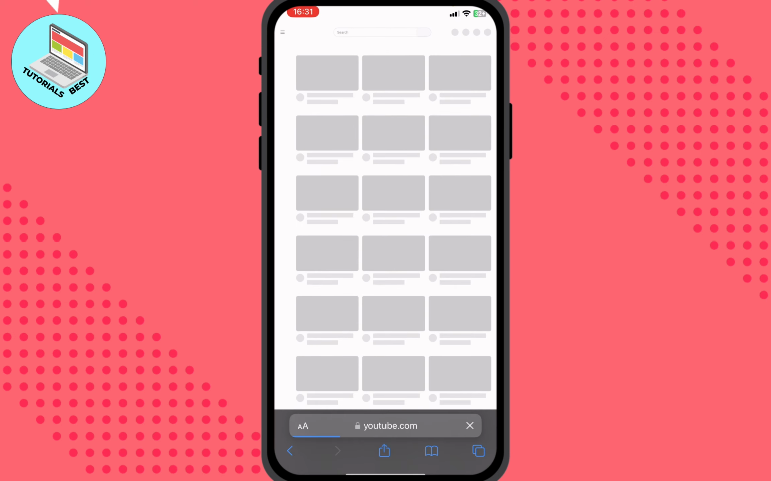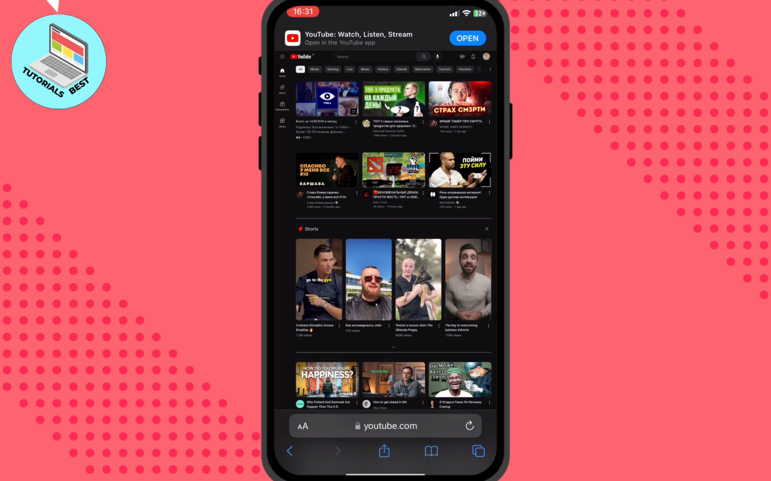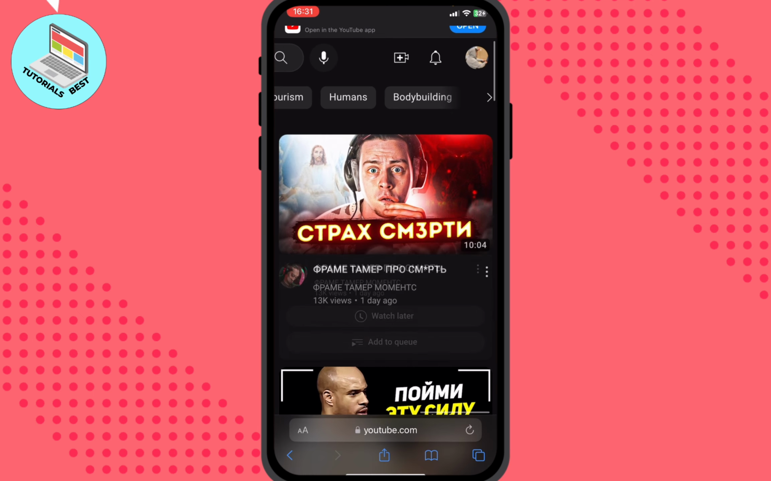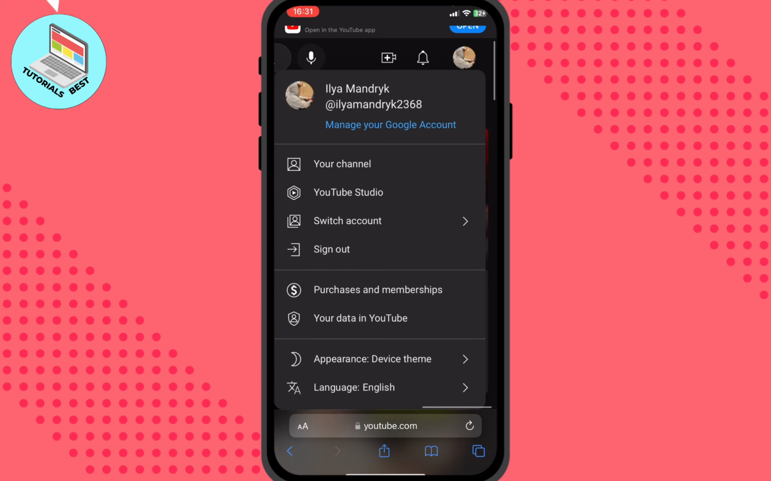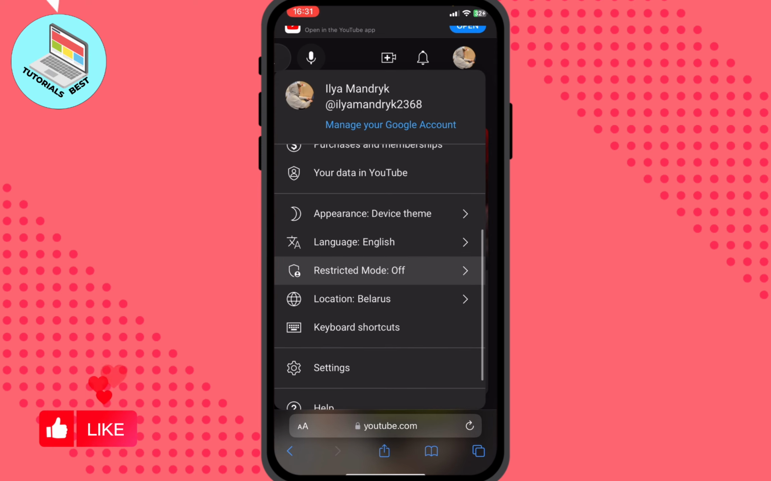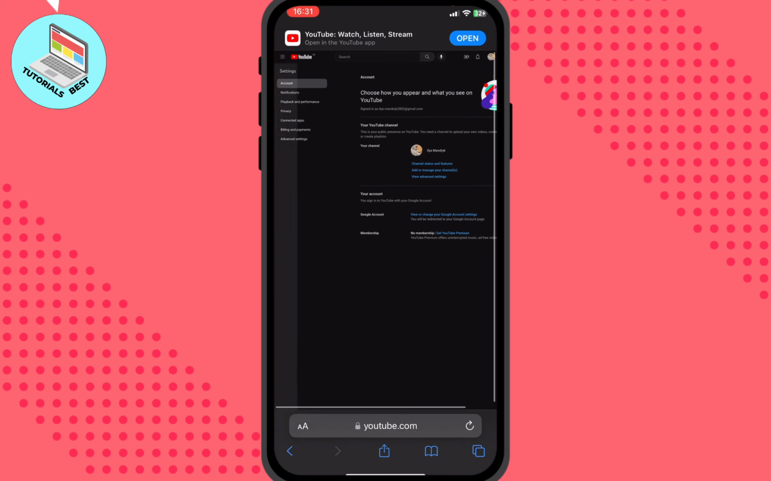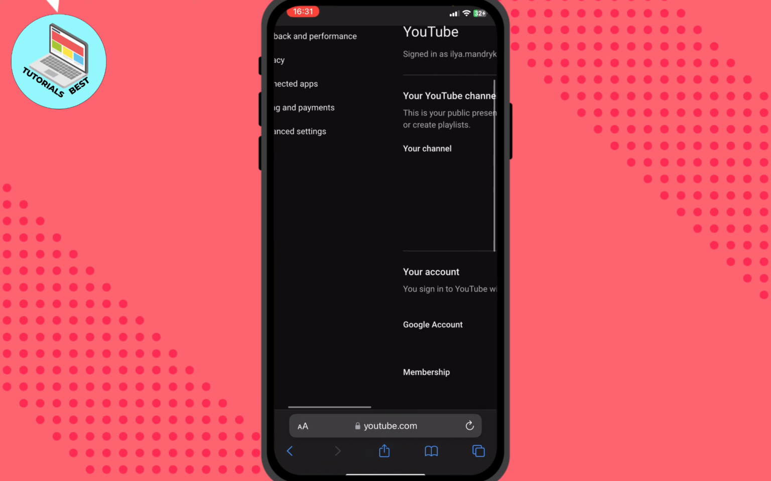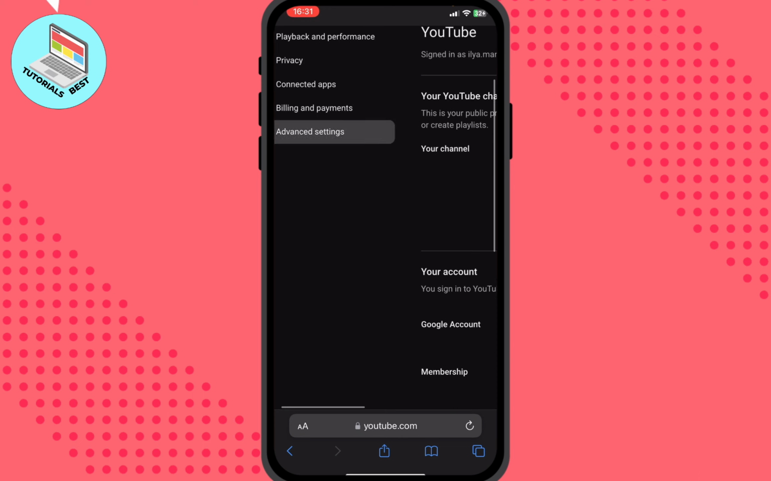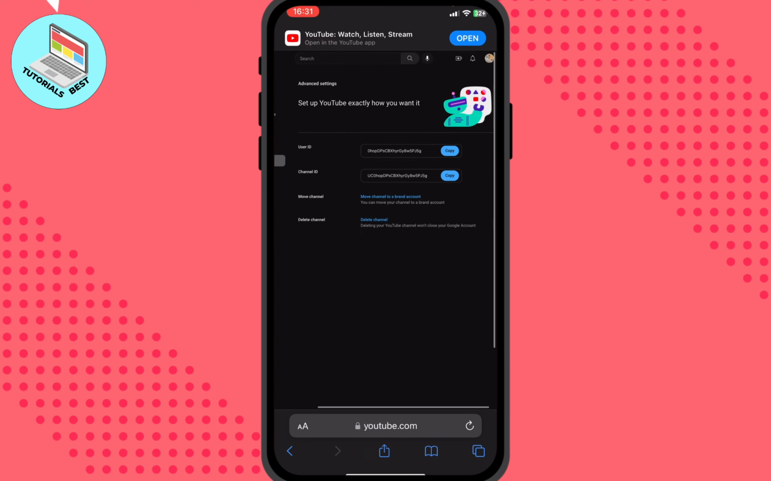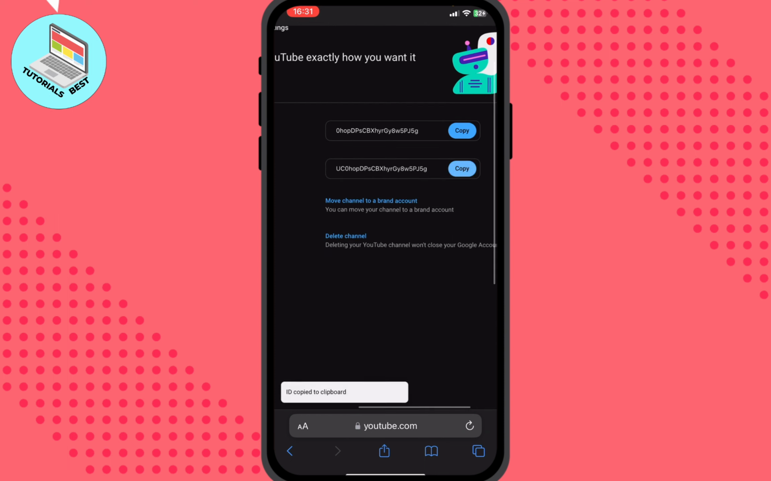Now all we need is just to resize our desktop version to find our image icon, channel icon in the right top corner, so click on it and then here choose settings to open our settings. After that, in the left side menu, just click on Advanced Settings right up here. And then here we have our channel ID, so we can just click on copy and it will be successfully